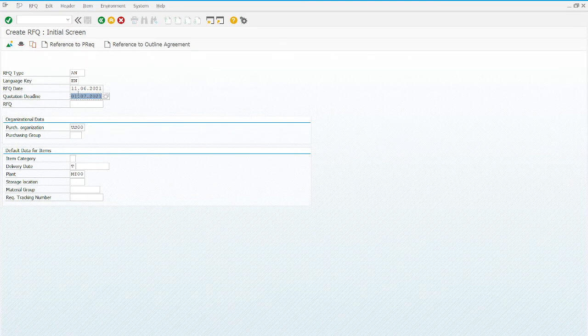Now, in the organizational data section, please ensure it's already inserted US00 and purchasing group is N00. Okay, now for the default data for items, we need to insert plant MI00. Okay, nothing is to be done with this part. It's not being mentioned anything on the PDF file. So what happens next is you need to click on